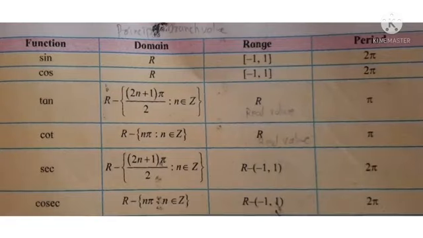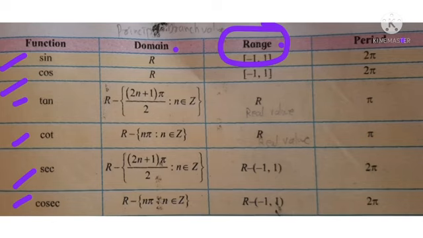See first the table. Here one table is given. See which columns are here. These are the principal branch values of the functions. The trigonometric functions are given here: sine, cos, tan, cot, sec and cosec. That is, the principal branch values are given. The domain of sine, the range and the period are given here. You should remember the range of each trigonometric function.